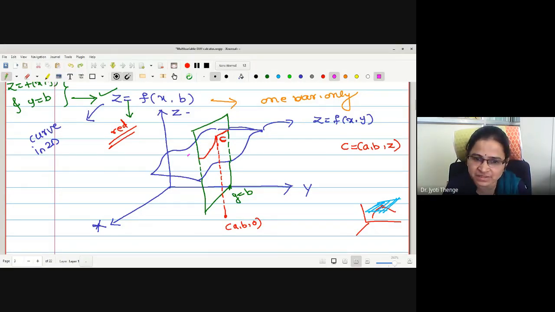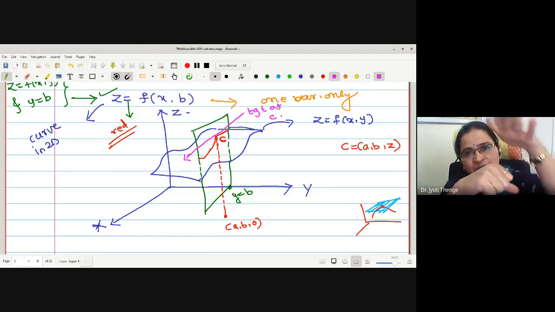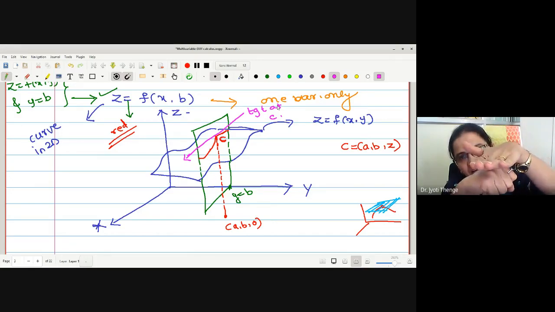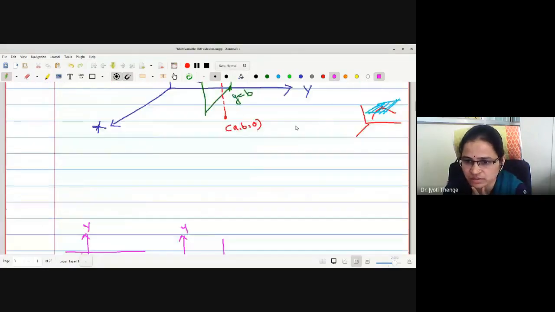Now you please imagine at this point C we are taking a tangent. This is the tangent at C. See, look at my hands again. This is the curve in a three-dimensional space. We are finding a tangent like this. Now there are infinitely many lines, but all those lines are passing through the point C. Let me explain with another sketch.